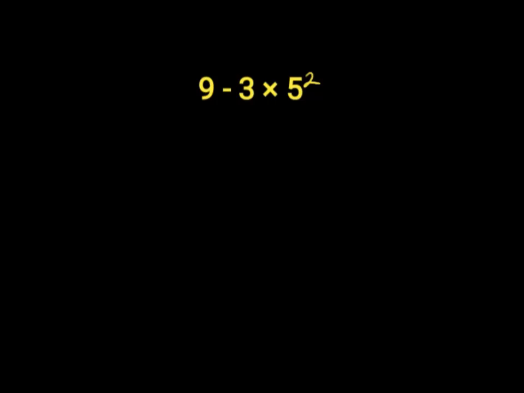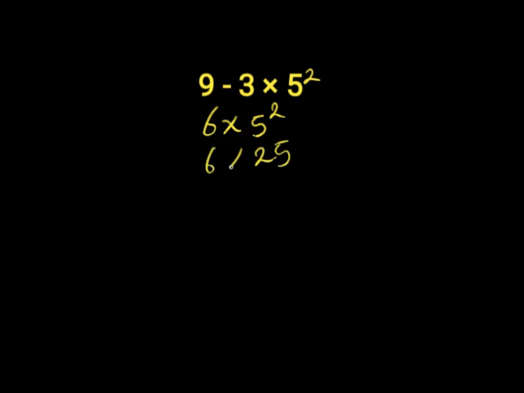9 minus 3 times 5 to the power of 2. 9 minus 3 will give us 6. Then we have 6 times 5 to the power of 2. 5 to the power of 2 will give us 25. Then we have 6 times 25. 6 times 25 will give us